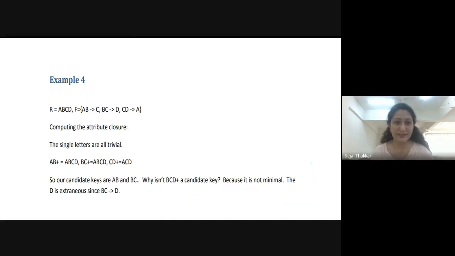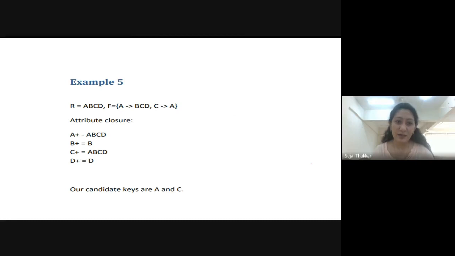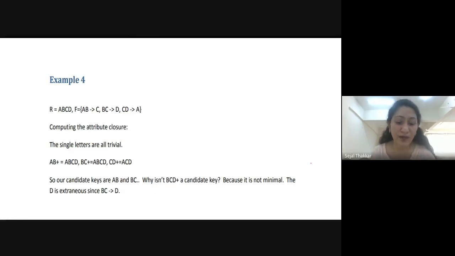Now you note down examples 4 and 5. These are practice examples you have to do by yourself and submit me a photo of that particular example calculated by you, as an assignment.